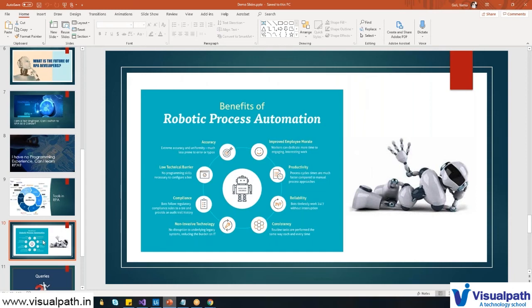That is another benefit of RPA. There are a lot of things you can see when you go deeper and learn in UiPath, and you'll explore what happens when you do it manually and what happens when you do it through the tool.